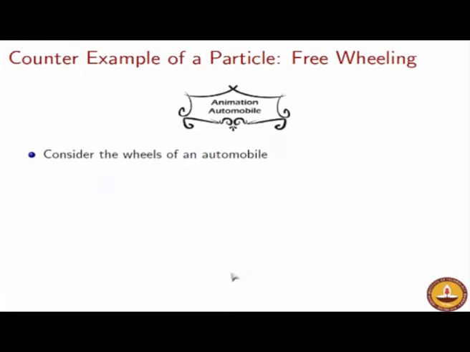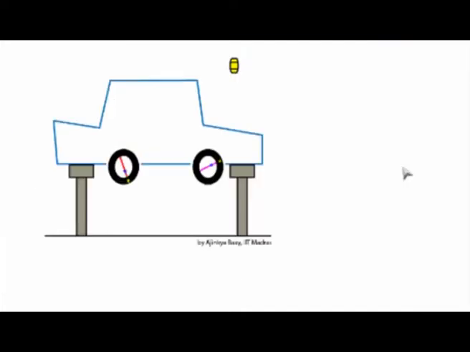So to give you a counter example, let us first look at an animation. I hope you are able to see the animation. This is what happens when you take your car for a wash in one of these garages. In that roller coaster kind of arrangement, the car is lifted, and let us consider that the wheels are now spinning, but since they are not in contact with the ground, the car itself is not moving, right. Now consider the motion of each of these wheels.